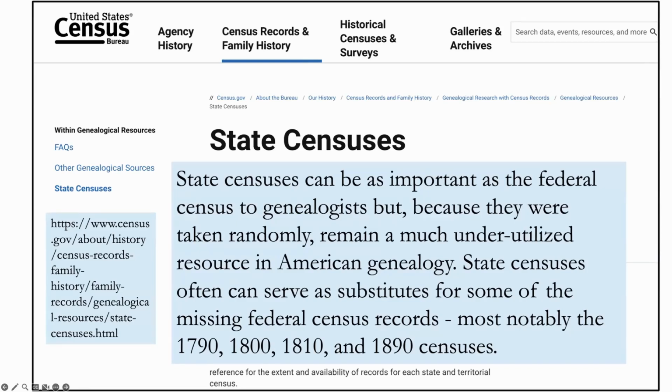So in other words, a child may be born in 1921 and die in 1929, and they won't show up in any census because they wouldn't be in the 1920 or the 1930 U.S. Census. But most notably, the censuses that are difficult are the 1790, 1800, and 1810 censuses, which are not as complete